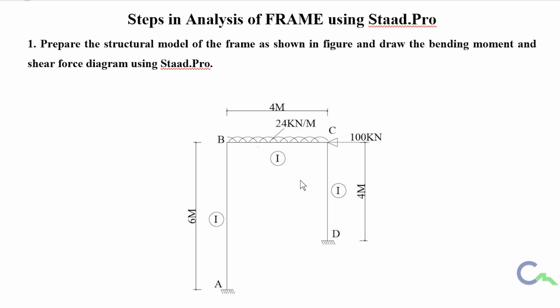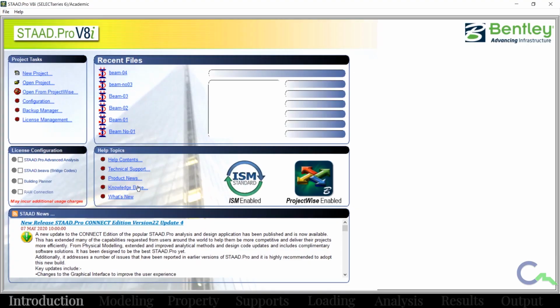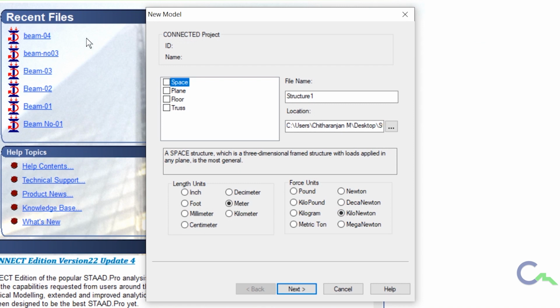So now I am going to show how to analyze in StatPro. Here I am using the Select Series 6th version of StatPro. In that I am going to start with a new project. In the space type of problem, we can do all the 3D type of problems. Then I will give the name as frame number 1.